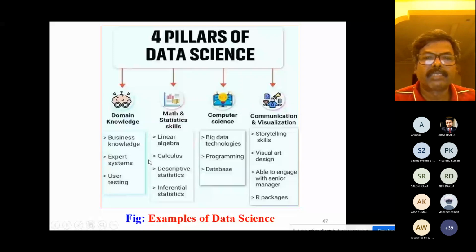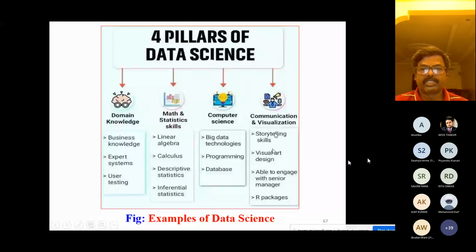You need to have mathematics and statistics skills like linear algebra, calculus, descriptive statistics, inferential statistics. You need to have computer science knowledge like big data technologies, programming, databases. Communication and visualization, you need to have storytelling skills, visual art design, able to engage with the senior manager